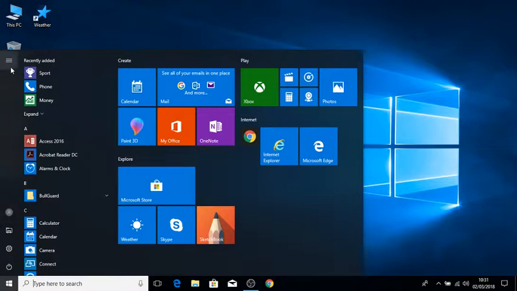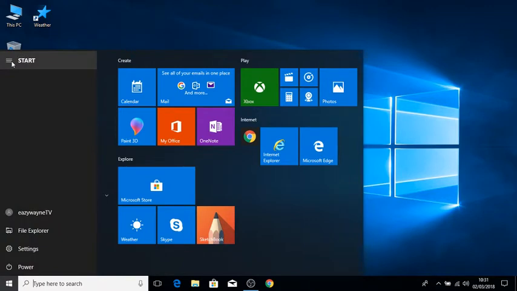Now if I go at the top here where these lines are and expand, it just shows these icons with their name next to it. So you've got Power, Settings, File Explorer and the username. So if I just shut that off there